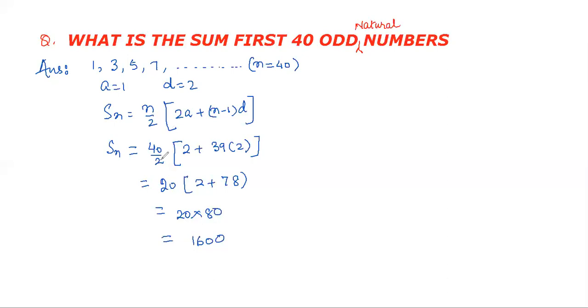This 2 and 40 will get cancelled and you will get 20, and then 78 plus 2 is 80, into 20, and therefore the sum of the first 40 odd natural numbers is 1600. This is how we use this formula to find the sum of the terms of a given